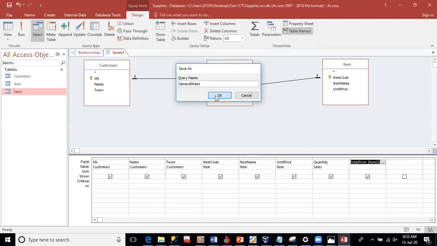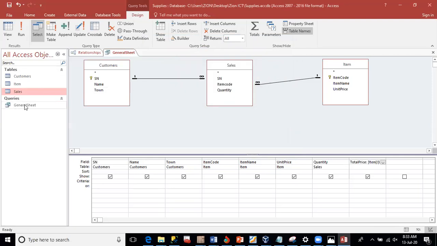Click on OK. That's it. General sheet under what? Queries. Write down the expression you have used in the total price field on the line below. This expression here should be written. So you have to copy this expression and you write it